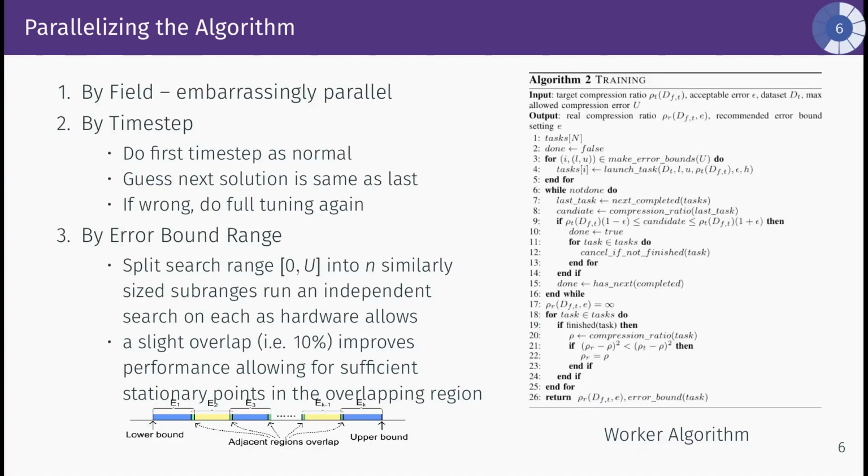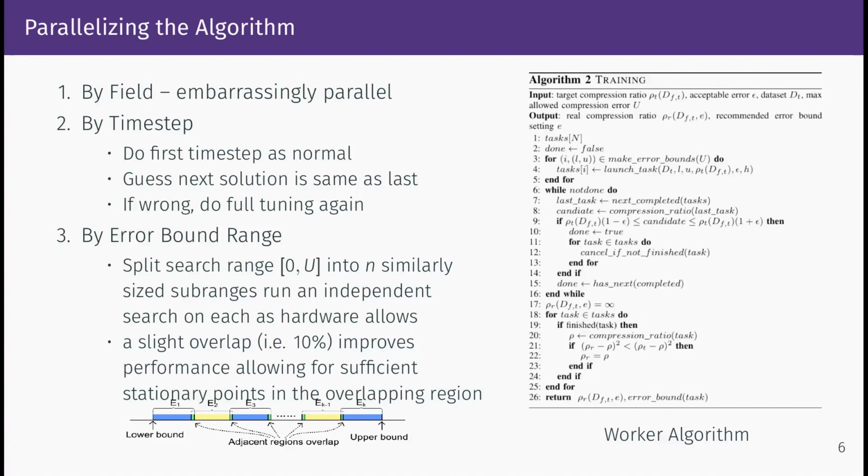So now that we have the search process formulated as an optimization problem, we needed to talk about how to parallelize this process to get the most performance that we can on modern supercomputing machines. So first we're going to parallelize by field. That's really easy. It's an embarrassingly parallel problem. We can compress each field because there aren't necessarily going to be relationships between adjacent fields that we can exploit